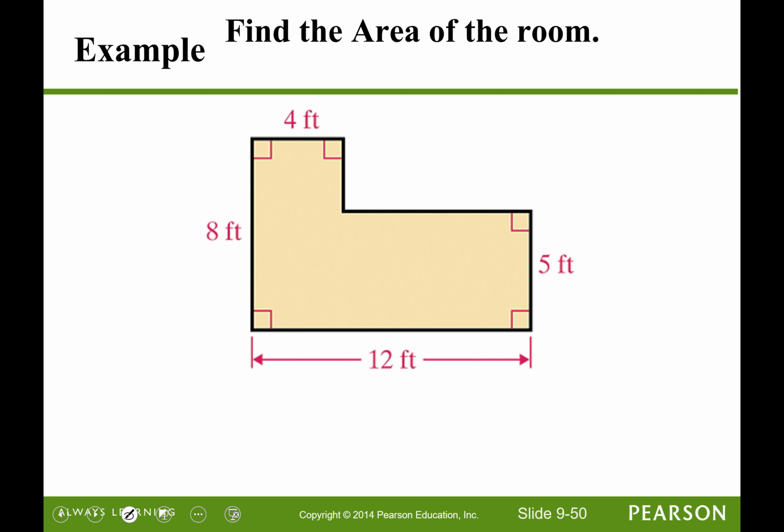All right, well, we don't have a formula for this shape right here, but we know that we are allowed to add areas. So if we cut this room into two shapes that we do know the formula for area of, then we can add those shapes together and get the total area. So you have some options. You could cut right here. Then it looks like you're working with a rectangle and another rectangle. You can make your cut right here maybe. Now you're working with a rectangle and another rectangle. Maybe you want to make your cut,